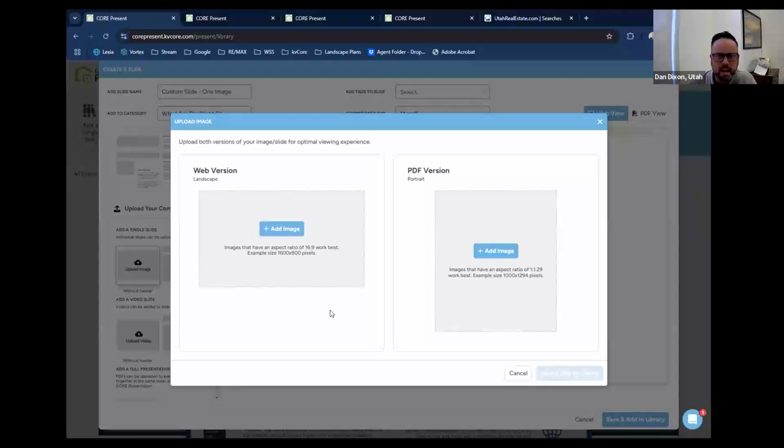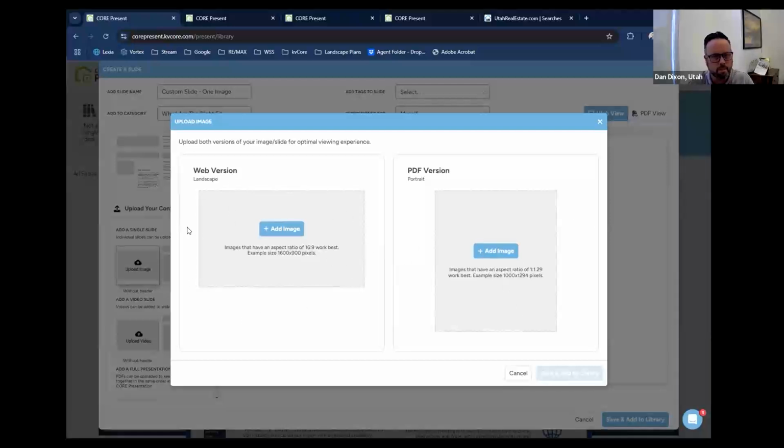The one thing that I would pay attention to is when you're uploading your own slides, they don't automatically convert super well from landscape to portrait. So if you want to print these listing presentations, when you do print, it will automatically try to do its best to convert a landscape to a portrait.